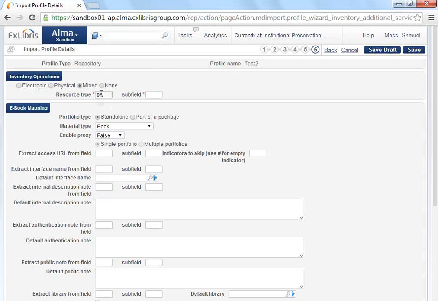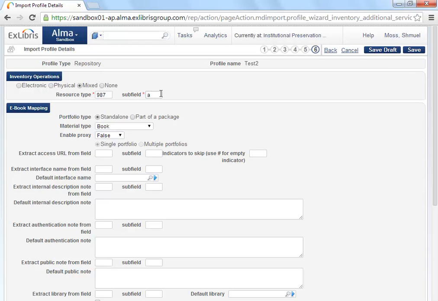So, for example, if I have a MARC field in each of the records in the import file, which is 987 subfield A, just as an example, each record for which inventory is going to be created must contain a MARC 987 subfield A in that record with an indication as to whether the material is physical or